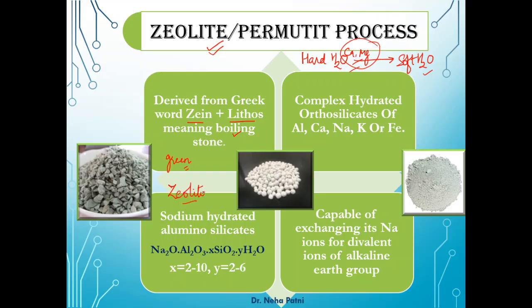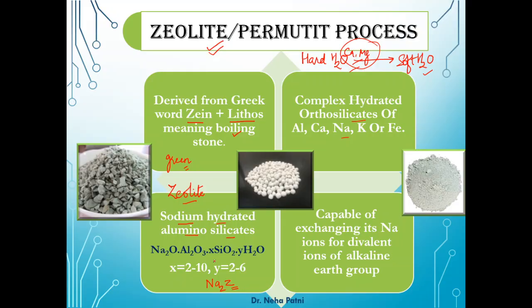Basically, zeolites are orthosilicates. They are basically having metallic ions in them. Especially the zeolite which is used for the water softening process is sodium hydrated aluminosilicate. It is normally represented as Na2Z, wherein Z you can call the zeolite network, which is quite fixed, while the other ions which are present in the network are nothing but sodium, aluminium, silicon, etc.